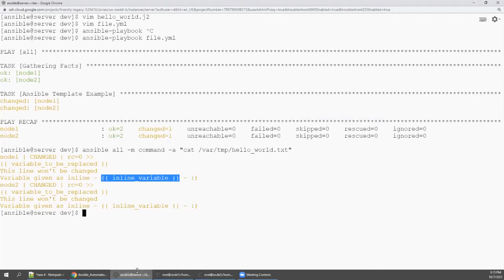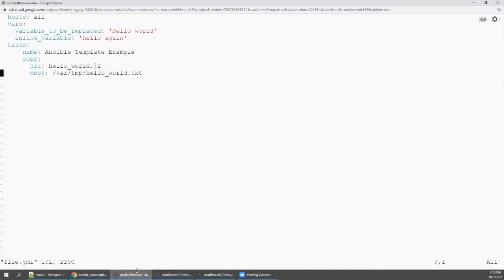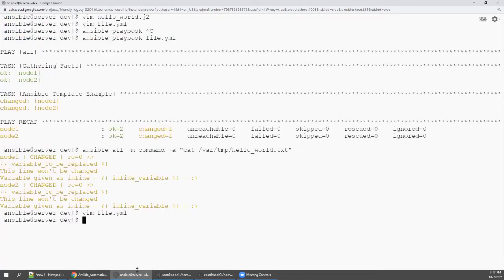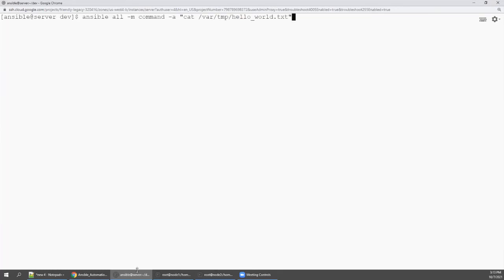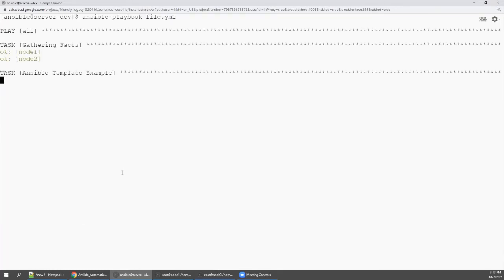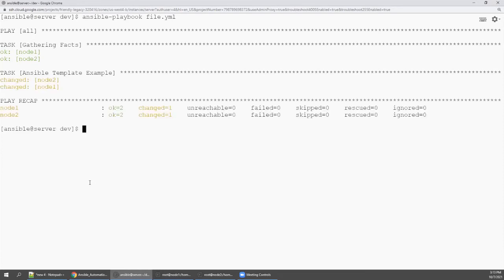So go here, and instead of the copy module, say template module, and then I'm going to save it. Okay, I'm going to execute the playbook, ansible-playbook file.yaml.